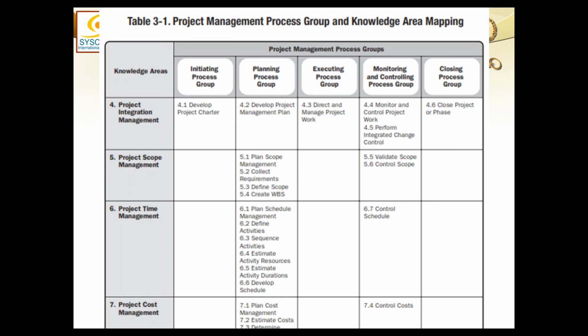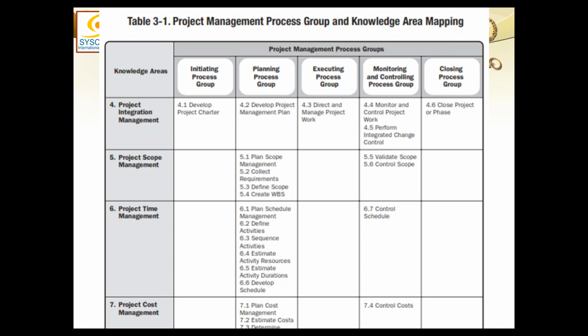Now what to do? What to do are the baselines. There are 3 baselines which are properly integrated with all other knowledge areas: scope baseline, schedule baseline and cost baseline. These are the 3 things which will actually get executed by integration in execution. Not separately, but in an integrated way.